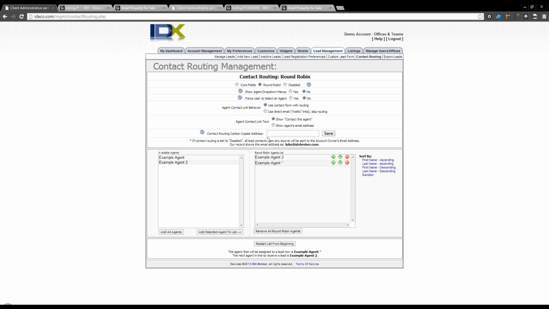And then here you have round robin. So in this case, if I have agent 2 and agent 1 here, you can see that agent 1 is next in line, right? So they have a little asterisk there. That means that they're next in line to receive a lead. So if I go here, go back to my page links,